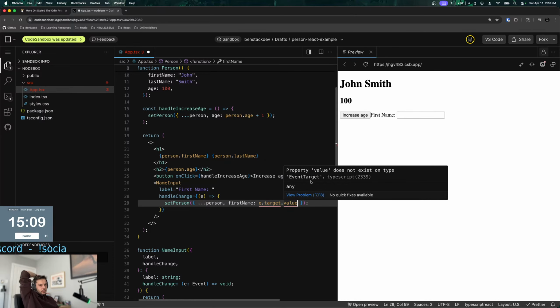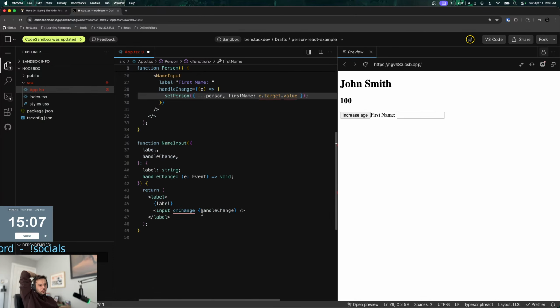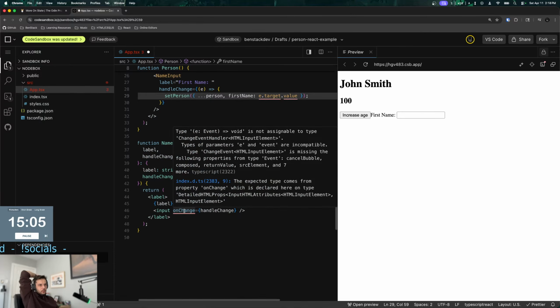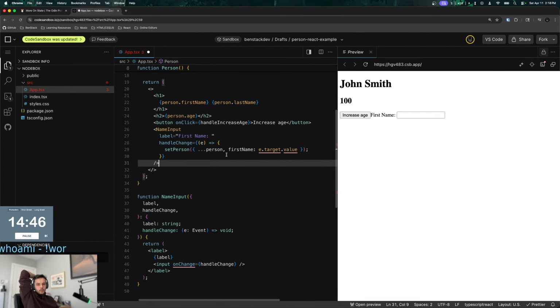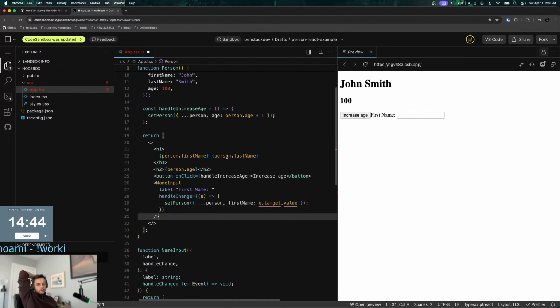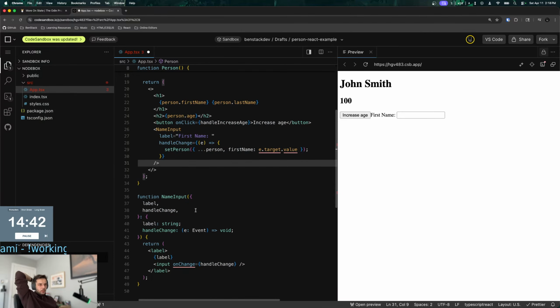How does it not exist on type event target? Event void is not assignable to type. Oh, because the type is weird? Because that's an object? Oh, yeah, that's fair. I just didn't know you could do that. Yeah, the event should be a React.ChangeEvent of HTMLInputElement. So that's what this type should be here.